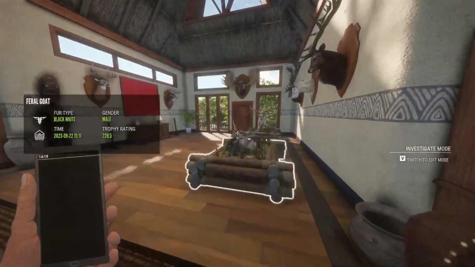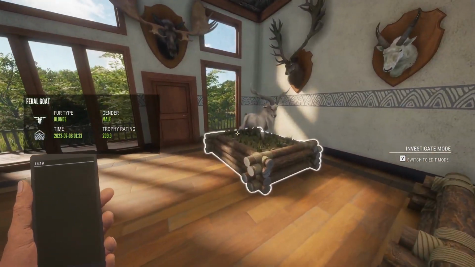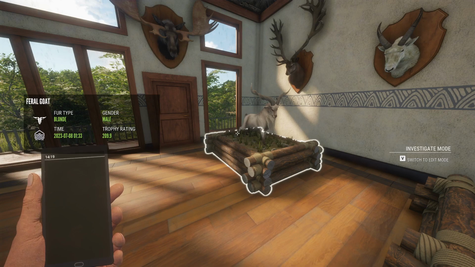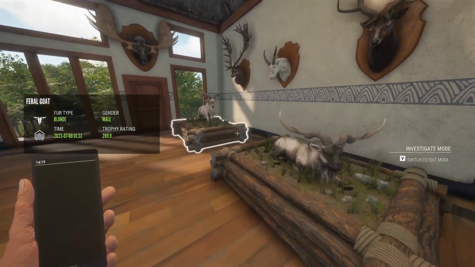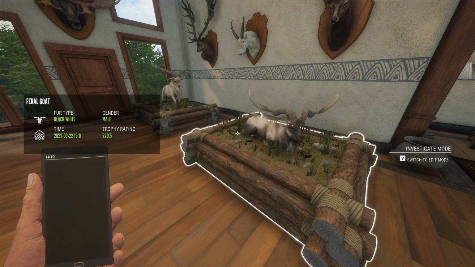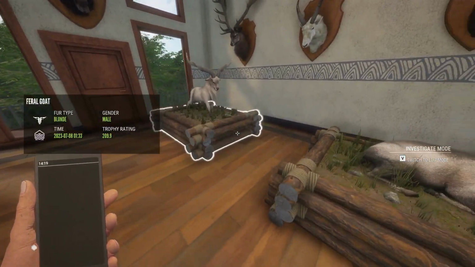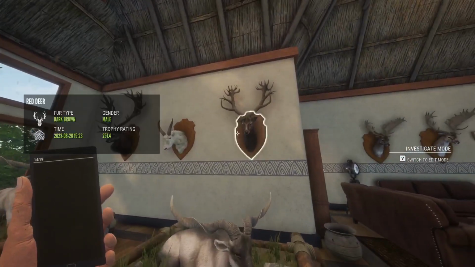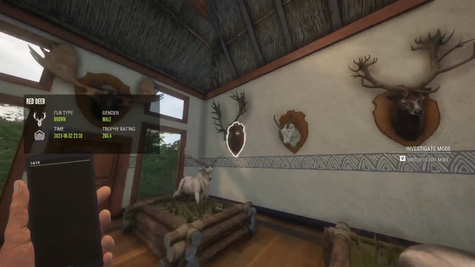Then we got back here. These are actually my first two. This actually is my first diamond I ever got, a 209.9 blonde feral goat. These guys are very, very rare to get to score diamond. They like to troll a lot. But I ended up getting another one that's 220.5. Now this is a huge diamond, an absolute monster that I got off of Emerald Coast. Both these guys we got off of Emerald Coast, quite a bit apart actually. So, yep. Then we got some of our red deer in here, 251.4, and then